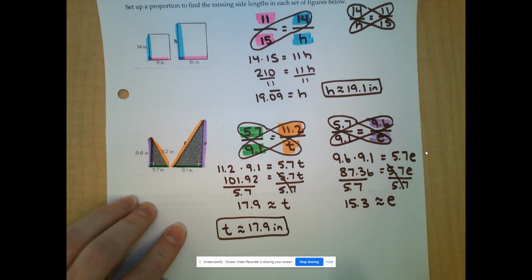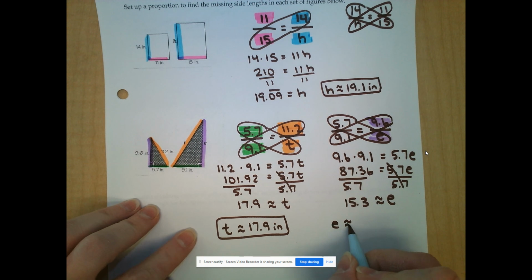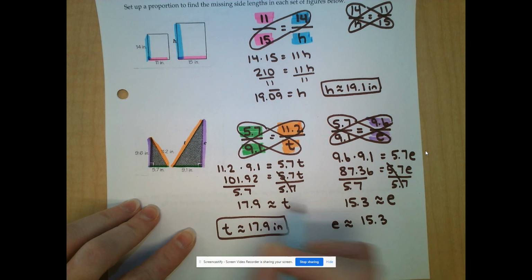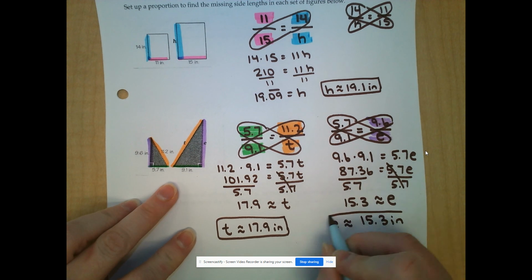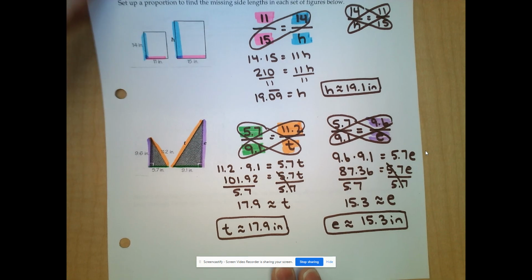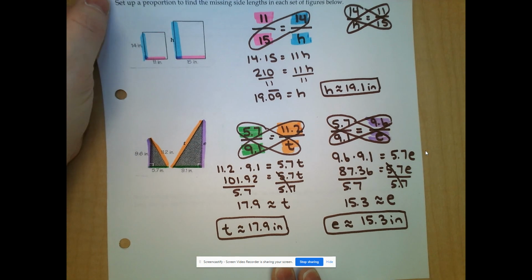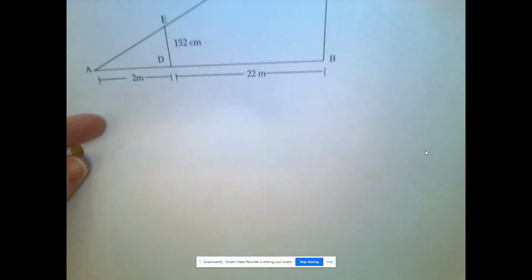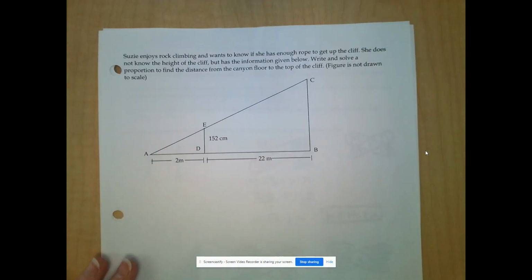I had to round my answer. So I'm going to say E is approximately 15.3 and then double check I'm using inches on this one. Not too bad. I often use the highlighters or maybe colored pencils or markers, something to keep my order matching and consistent. Now, last but not least, this one has something a little bit trickier about it,